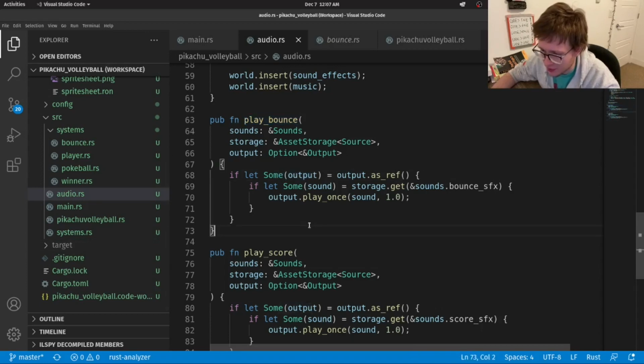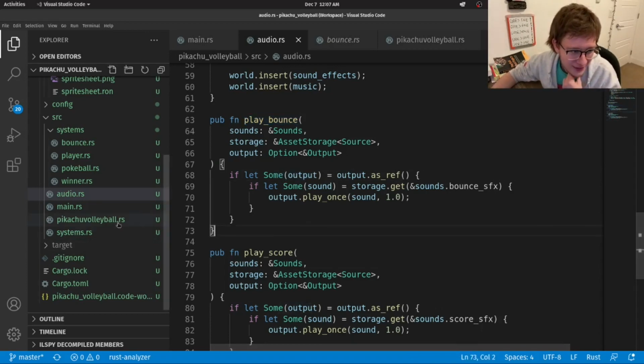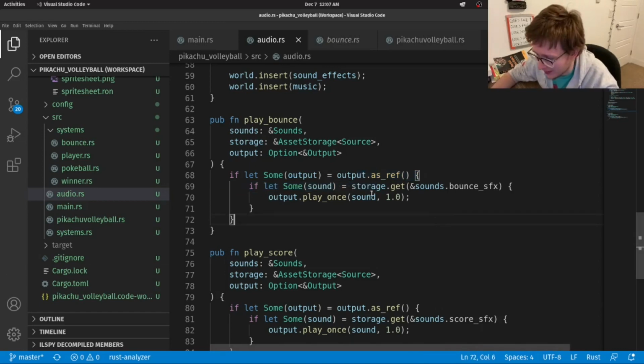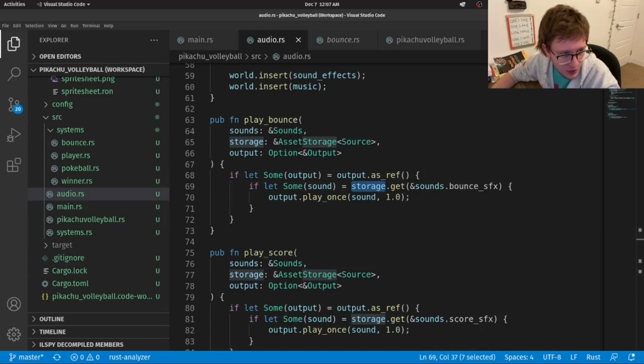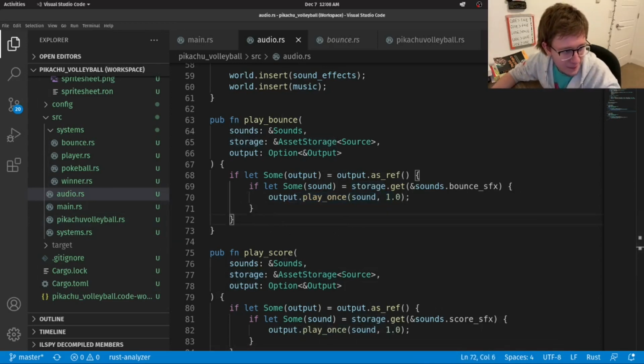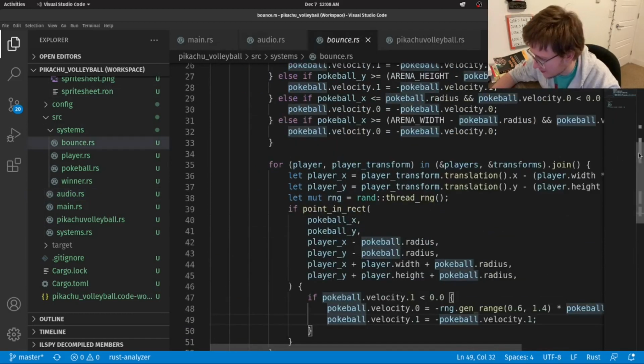As I mentioned before, we're pretty much just doing the rusty null checks to make sure that we have audio output, and next to get the source, getting the file right from the source handle. Okay. Once we have this, you see that we're playing at 100% sound, so that it goes over the music, right? Now, let's go to bounce, and we will need to add a couple of imports.